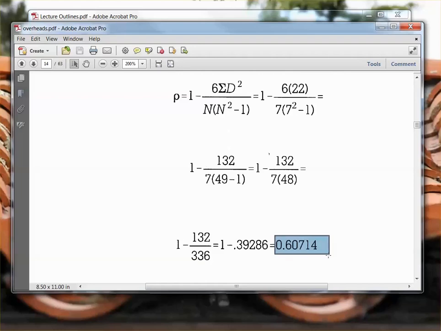So it appears like there's a strong positive correlation. But we would need to test this, and we'll learn in class how to test to see if this is statistically significant or not. But that's how you calculate a Spearman Rho and a Pearson R by